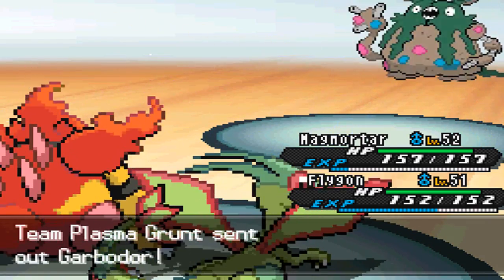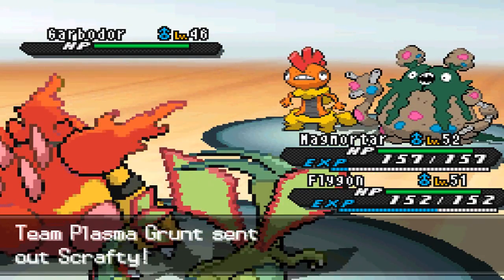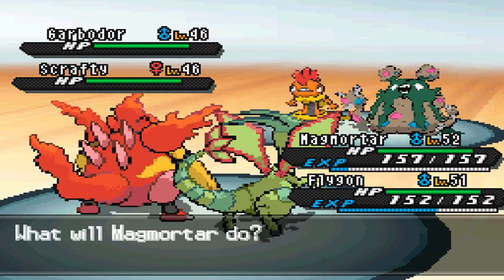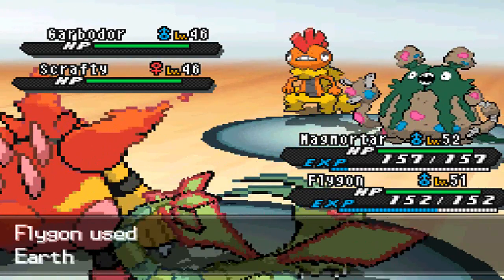Garbodor. Alright, so they entered the evolved form. What, do they have Scrafty? Oh, of course! Alright, now it's making more sense. Okay, Scrafty is still gonna die. I'm gonna use Earth Power again on Garbodor, or...